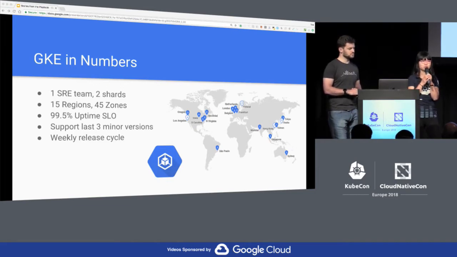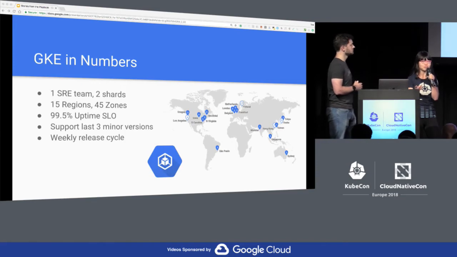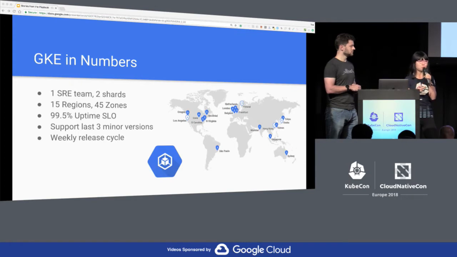So in almost every release, we're doing one of the following things: either making a new minor version available as a preview, early access version, bumping a previous preview version to a generally available version once we've seen enough stability, or promoting a previously generally available version to the default version for all newly created clusters, again, once we have enough confidence, or mass migrating clusters from the oldest version in order to maintain this sliding window of 3 minor